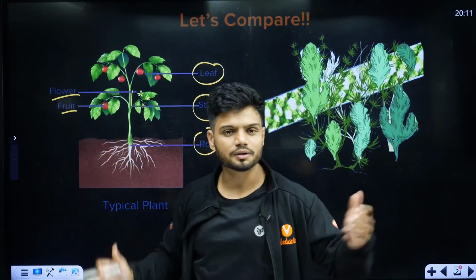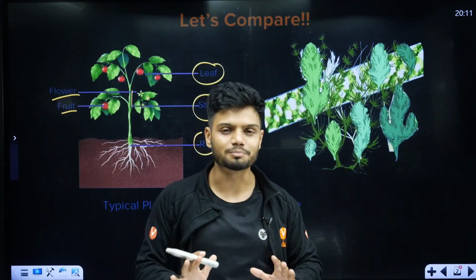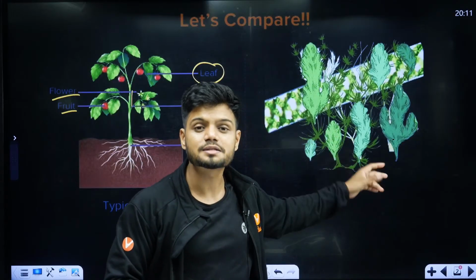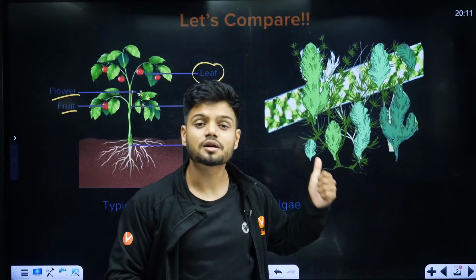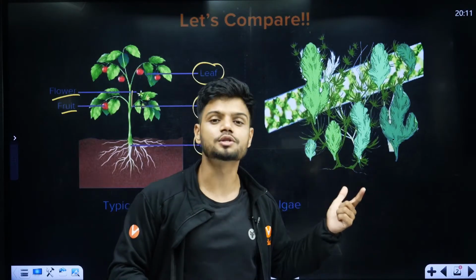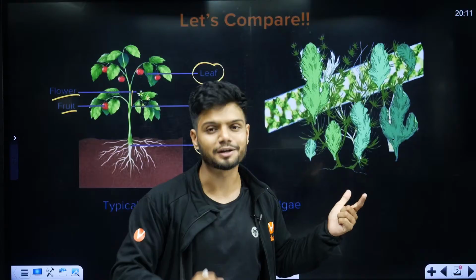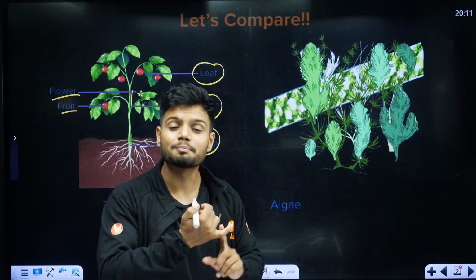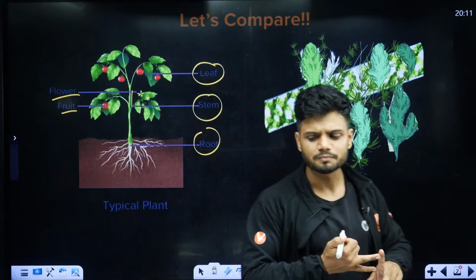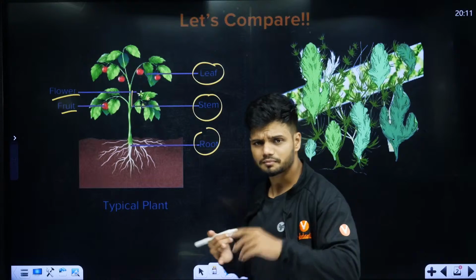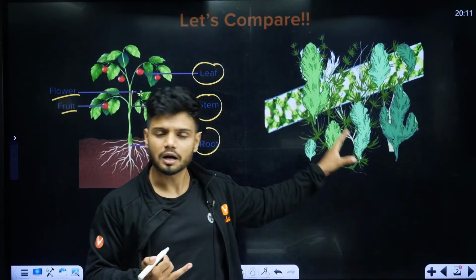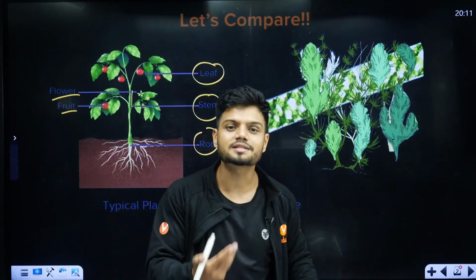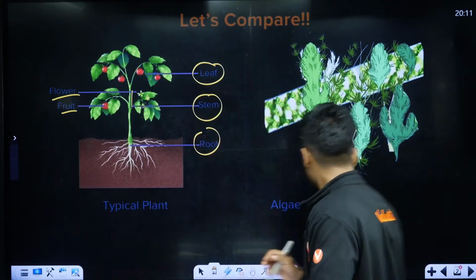The reason is very simple, because this organism right here is multicellular in nature, it is eukaryotic in nature, and also it has a pigment inside. The pigment is called chlorophyll. It has chlorophyll. It is multicellular, some of them are unicellular. Apart from that, here we can also get a pigment called chlorophyll. All three are found here. That is why it is called a plant. That's why algae is called a plant, students.